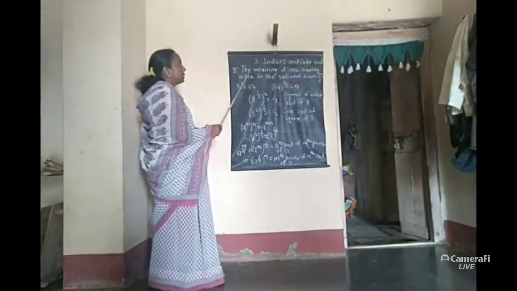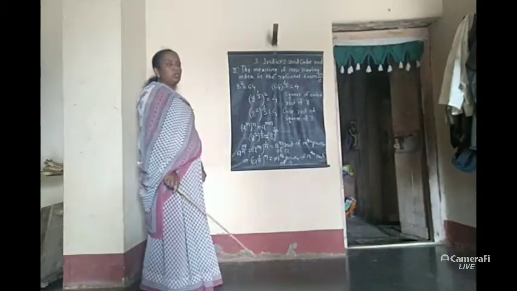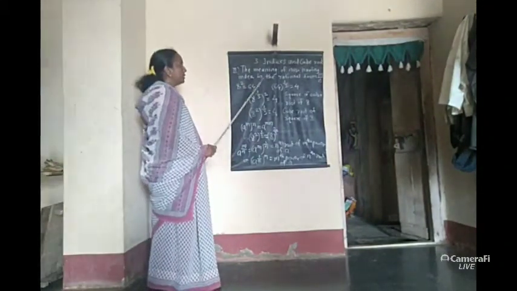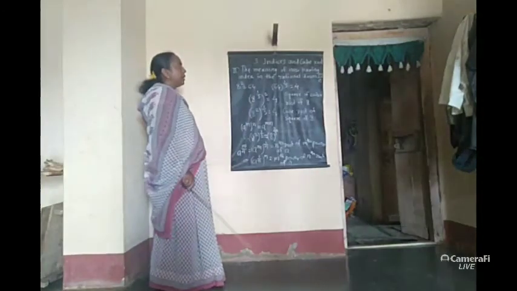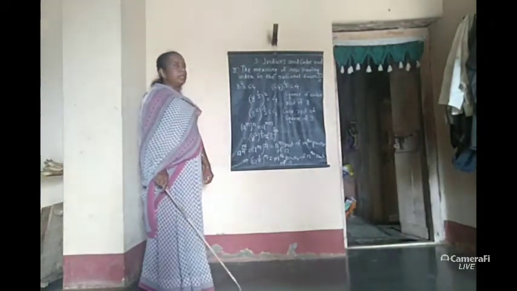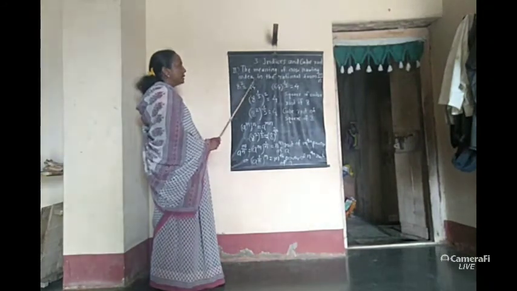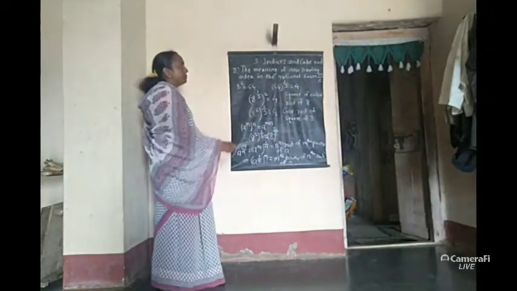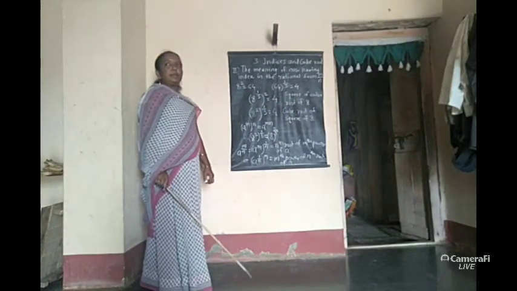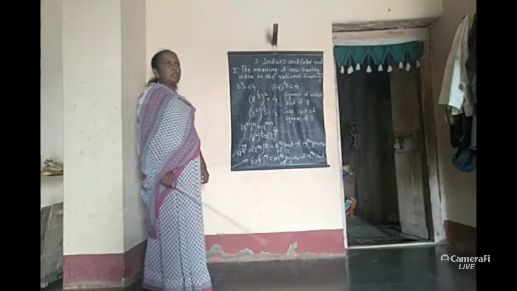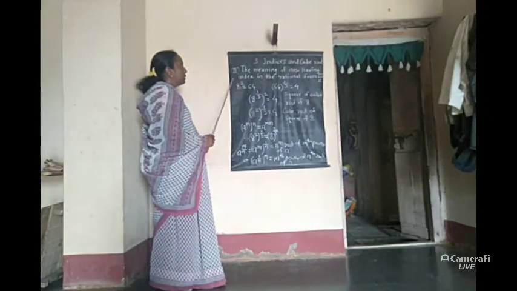In the last lecture, we started our third lesson, that is indices and cube root. In that lecture, we studied the meaning of numbers having index in the form of 1 upon n. Today, we will see our next point, that is the meaning of numbers having index in the form of rational number m upon n. In practice set 3.1, we solved the examples on the first point.